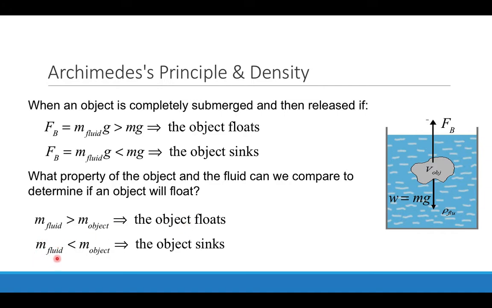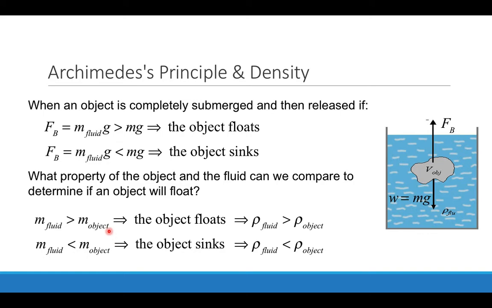And if the mass of the fluid that's displaced is less than the mass of the object, then, I hope I said that right, if the mass of the fluid is greater than the mass of the object, it floats. If the mass of the fluid is less than the mass of the object, then the object will sink. And so I could divide both sides of this expression by volume,